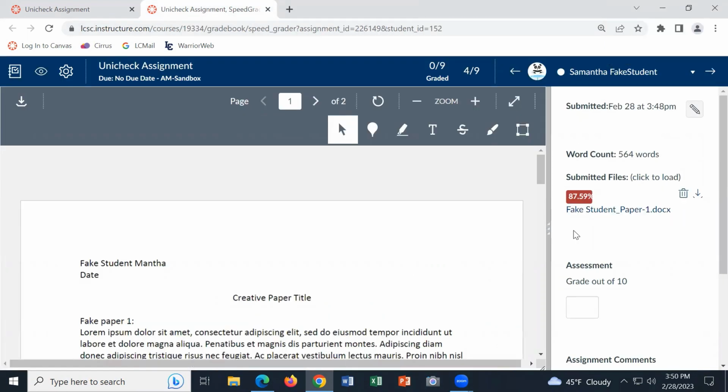Angela, I have a question. So if a student submits a paper and then they're notified that it's a high percentage of unoriginal work, and they think, oh, well, I want to change that. I don't want to submit that. Can they use that to improve their work and make another submission? Yes, that's the idea, really.